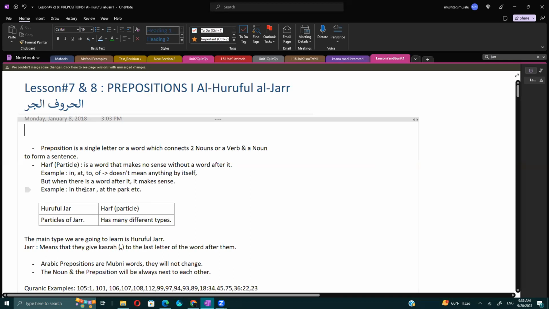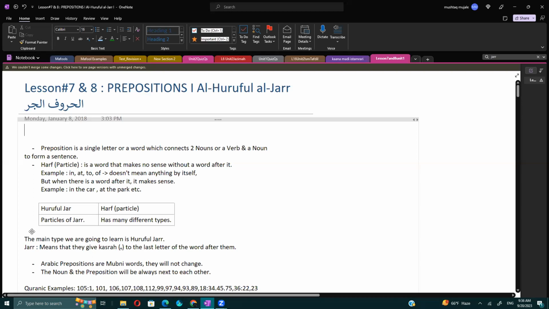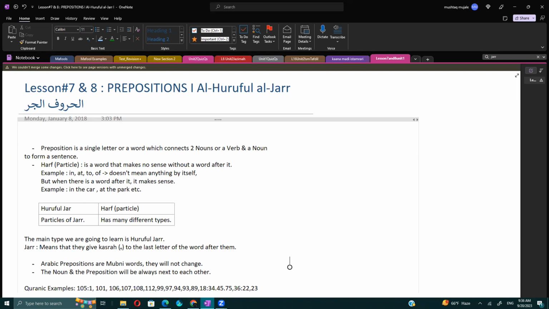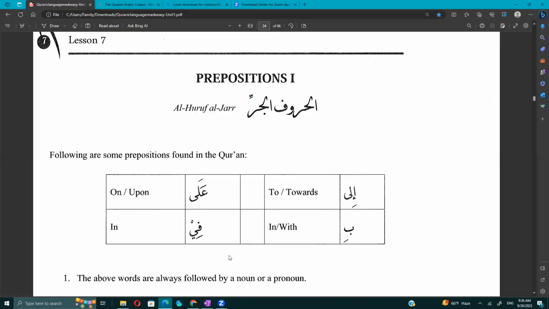If I say in the house, right? Like somebody's in the house, that makes sense. Or if I say the child is at the park, right? That makes sense, right? So huruful jar or the harf, it has many different types. Okay, the main type we are going to learn is huruf al jar. Jar means jar. The word jar means they give a kasra to the last letter of the word after them, right? We know that